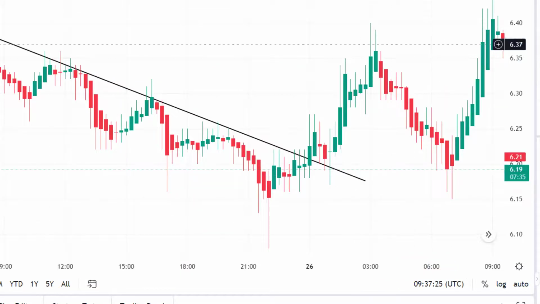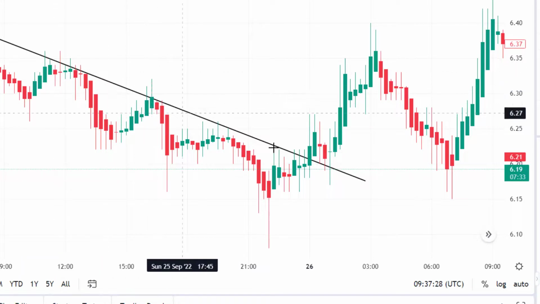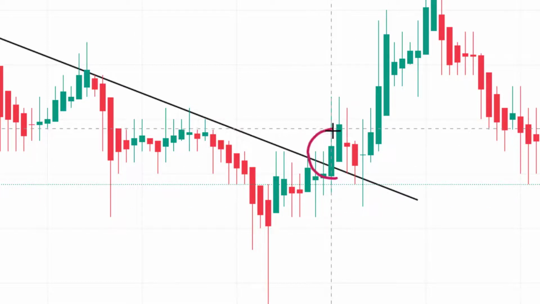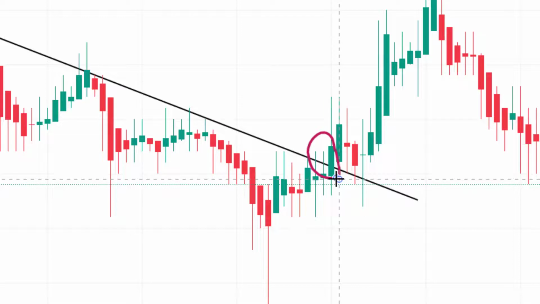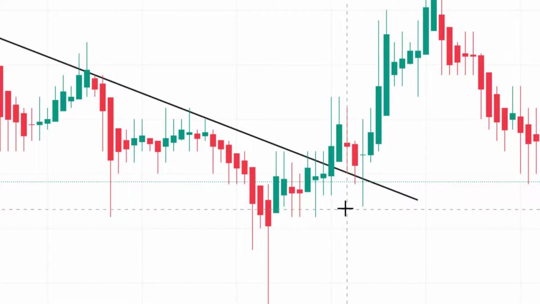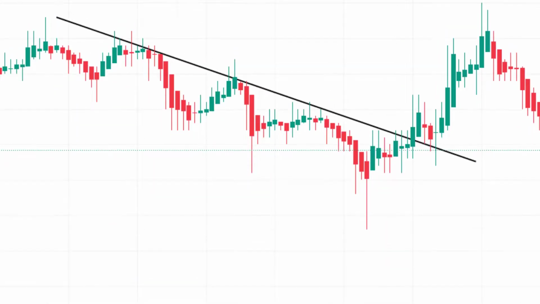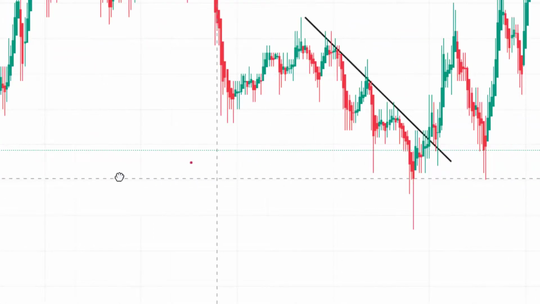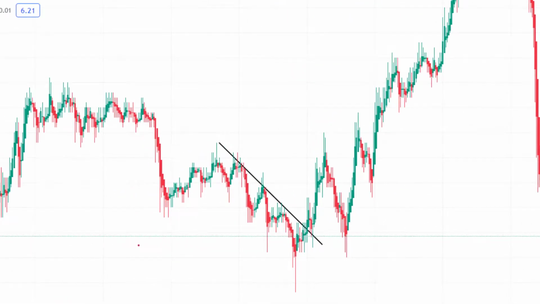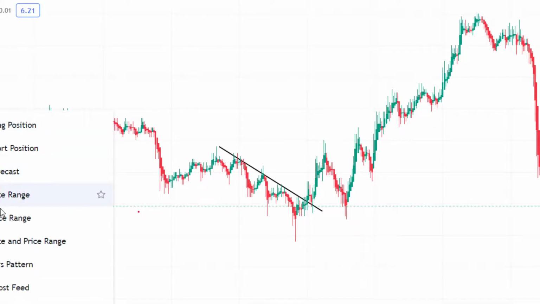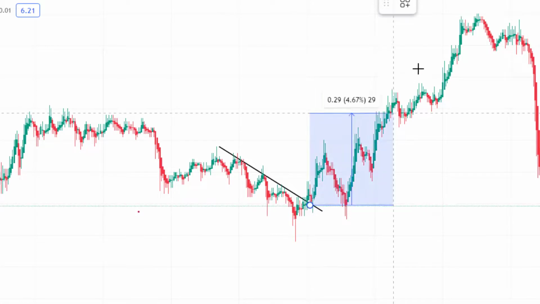Now let's talk about this example. Here you can see that the fourth time we finally break out this line, and now when to open your long position? This candle is your confirmation candle. As you can see, the closing of the candle is above this line. From the next candle you can just open your long position. And then in here you can see how beautifully the price moves upward. This is your huge profit. If I show you how much profit you get in here,